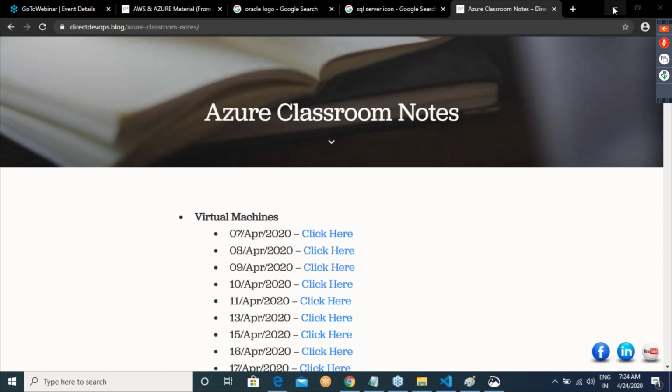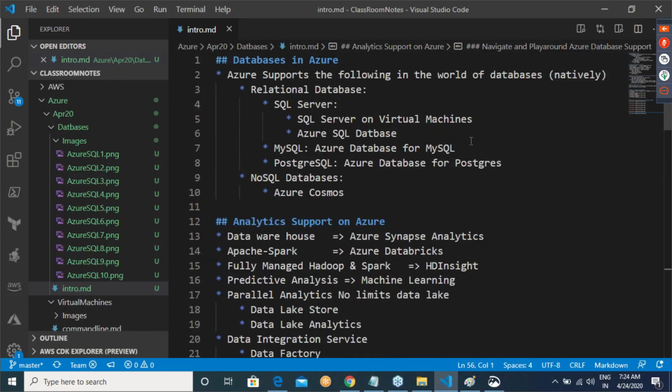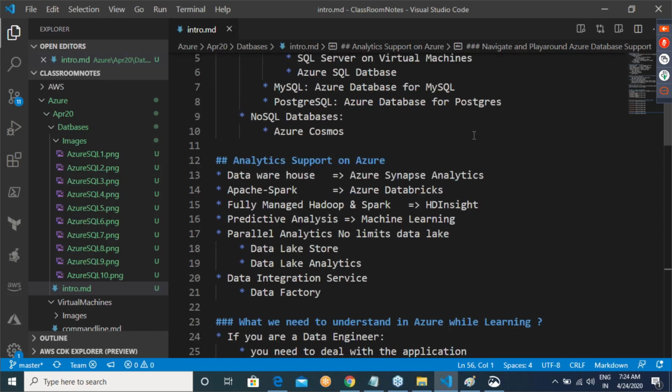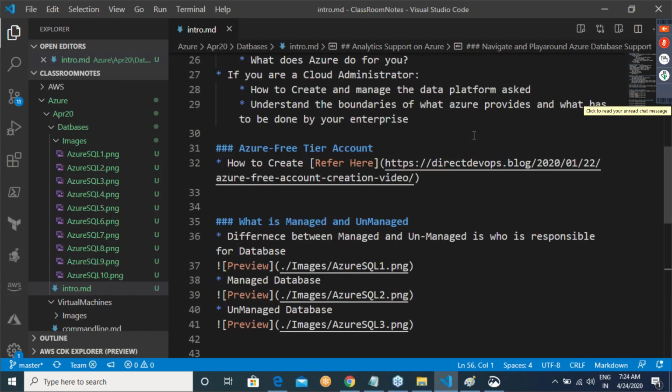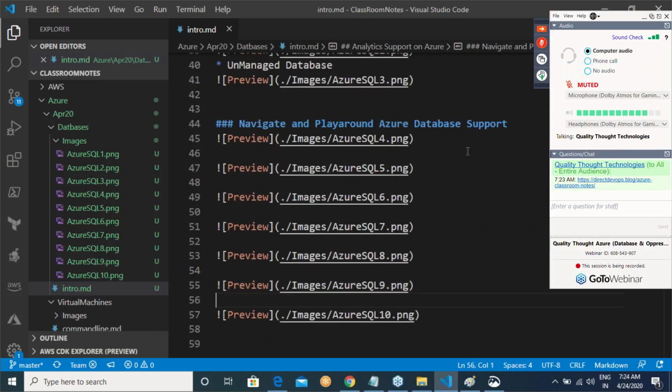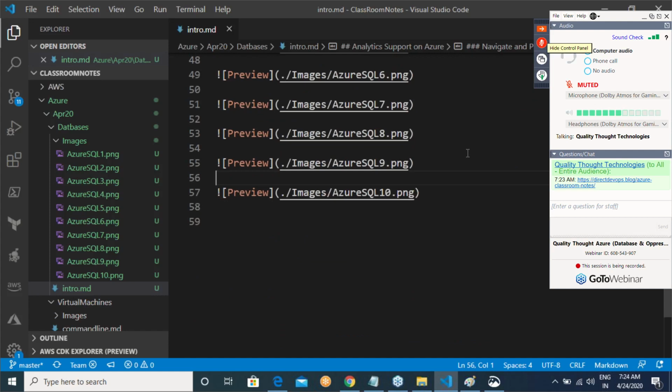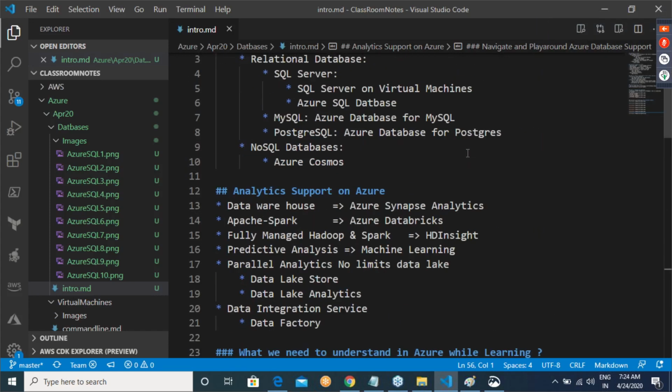Am I clear on this, guys? I think we had a very simple discussion today. What are the different databases that are supported on Azure? Or when Azure speaks about databases or support of some data models, what is this all about? We also discussed what managed and unmanaged services are, and we played around with some of the UI options that are available.